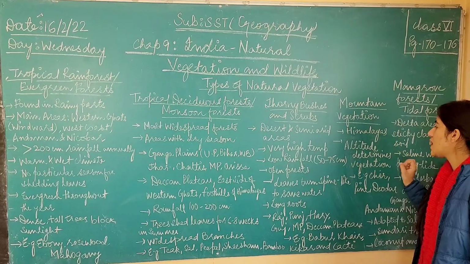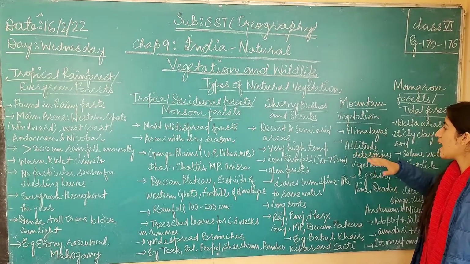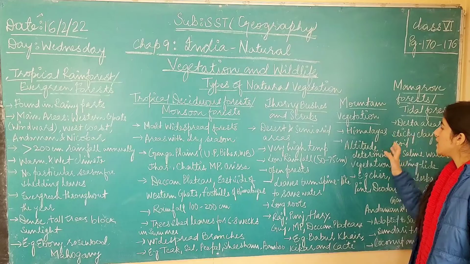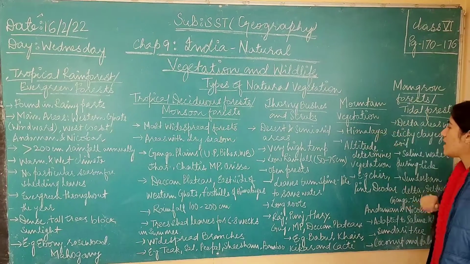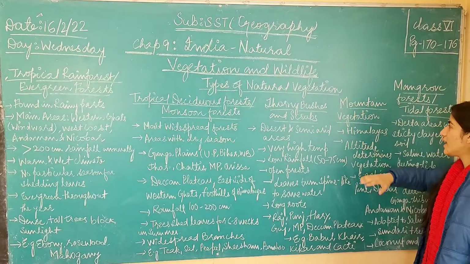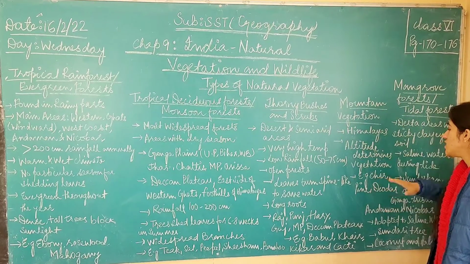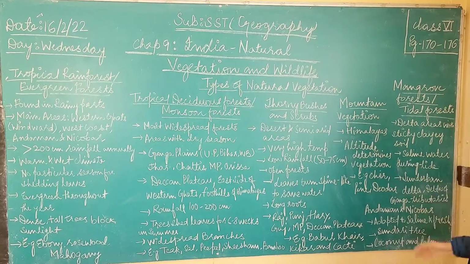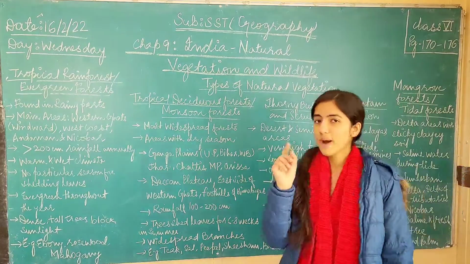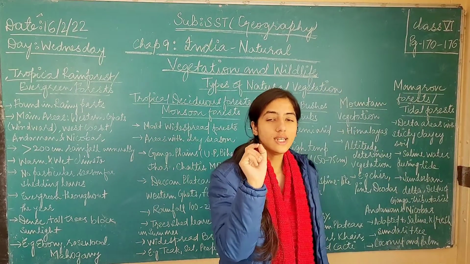They also adapt to the amount of water at different heights in the Himalayas, as well as the type of soil found at different levels of the Himalayan region. Some of the important examples of mountain vegetation are chir, pine and deodar. These trees have very spine-like, needle-like leaves.